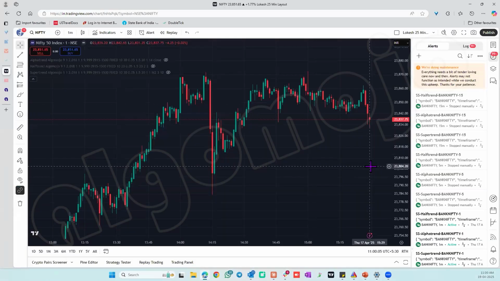So for automation purposes, you will need to have a subscription of TradingView. The free version does not support the webhook URL facility, which will be used for automation purposes. So in the free version, you don't have that support. So you have to have a subscription of TradingView. So once you have a subscription,